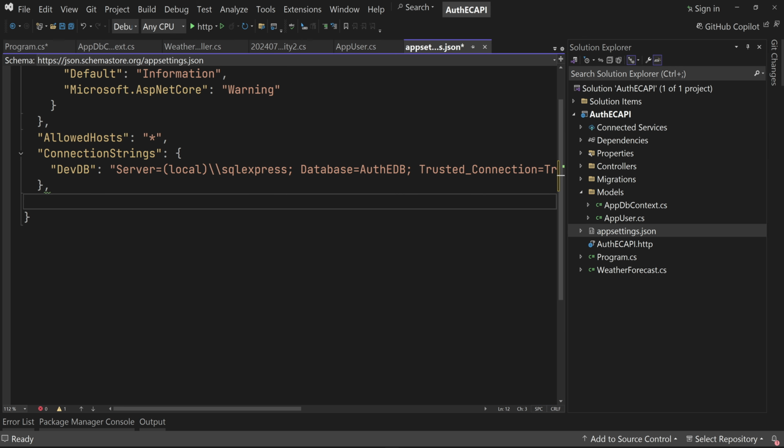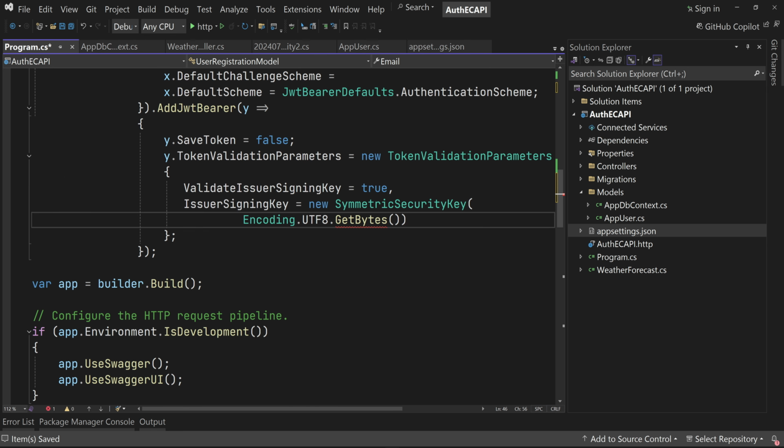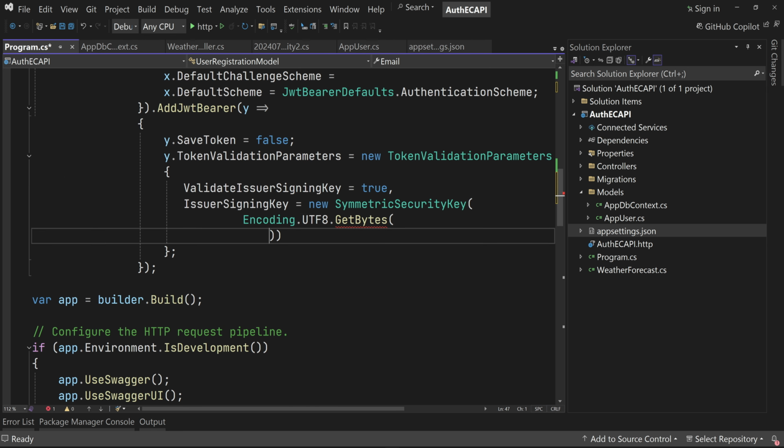So here we go, appsettings. Inside that we'll have this secret key, JWTSecret. Now this secret key must have at least 32 characters. For this demo project, we have set the requirement of the secret key itself as the secret for the JWT authentication. So make sure to provide the secret key having 32 characters. Now let's pass the value of this key to this method GetBytes. So here we go,